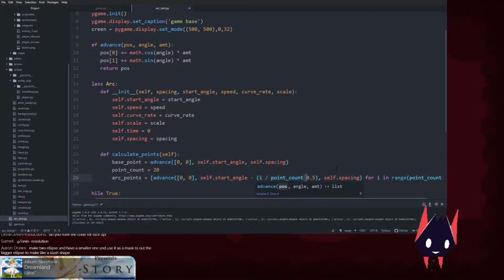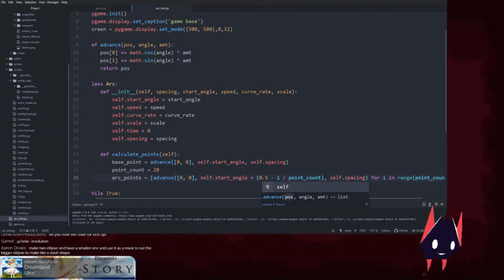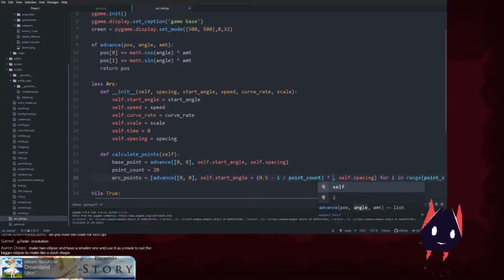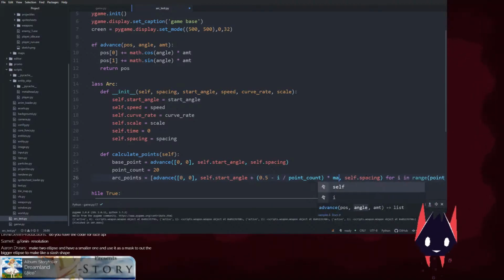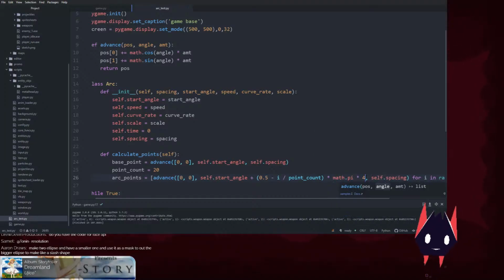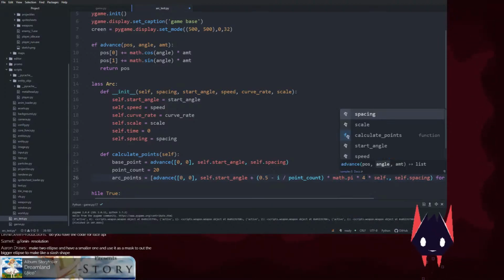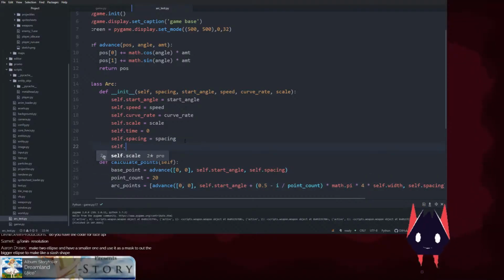Or the more readable way to write this would be 0.5 minus that. And then I can scale this. But actually, in terms of radians, that might actually be okay. I'm gonna scale it to an entire circle. And then by self dot width, I'm gonna set this to a hard value for now,